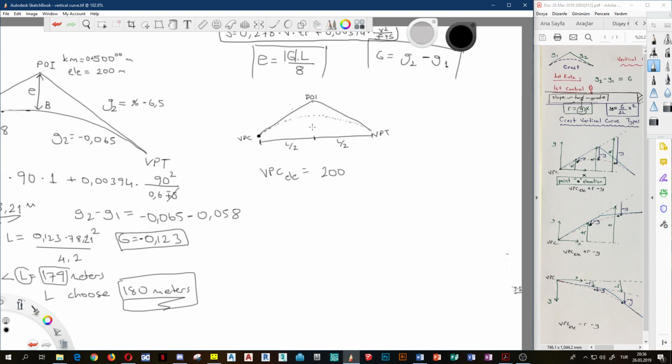200 minus how much? Minus this value. You can easily see, of course, this value. And what is this value? This value is,